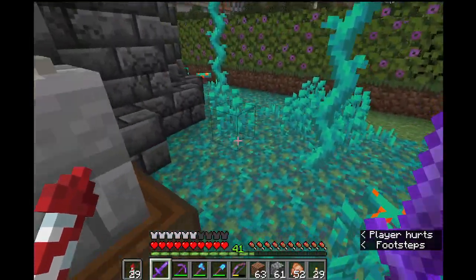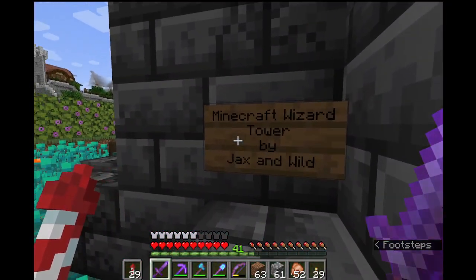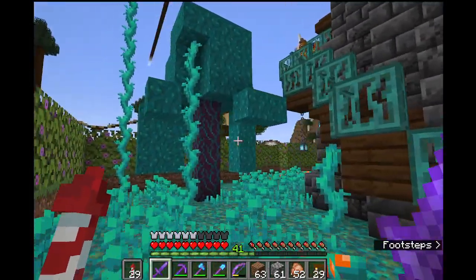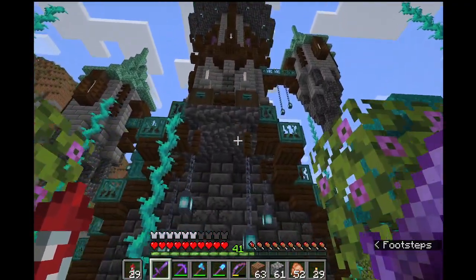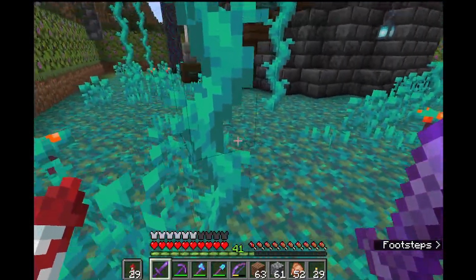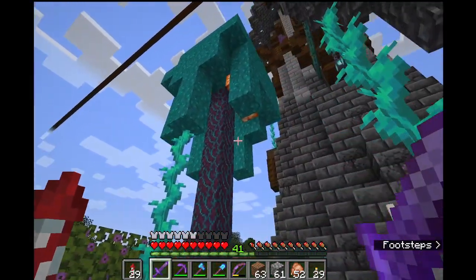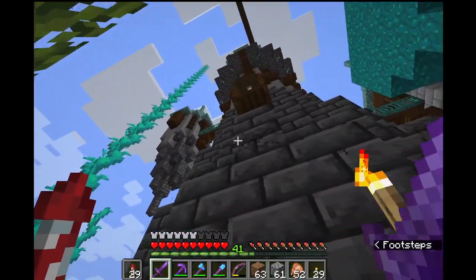Now let's jump down here, and we will give credit where it's due. This is from an amazing build by Jackson Wild that did a Minecraft wizard tower. In fact, I believe the same channel has a couple of other variations of wizard towers, but this was the one I liked because, like I said, the way it kind of contrasts with everything else that we've got going on here in the village. And then I went and got some warped blocks,